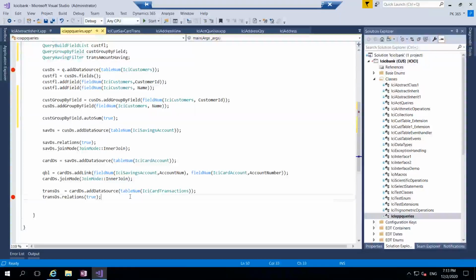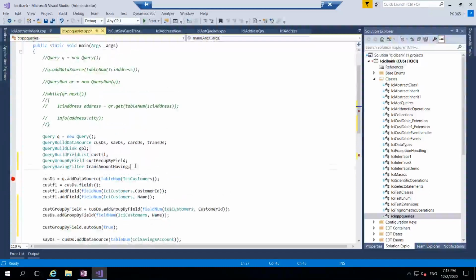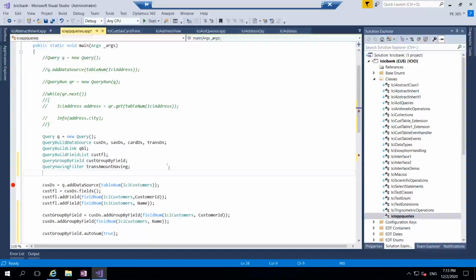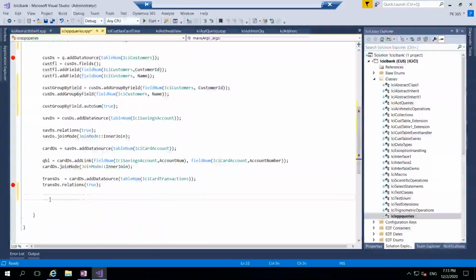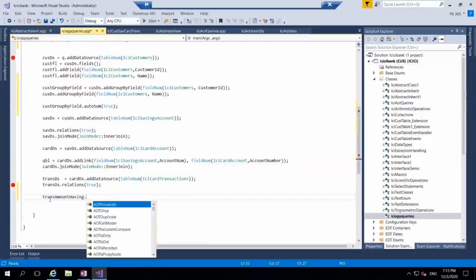The next step is having filter. Is that right? The next step is having filter. How to apply the having filter? To apply the having filter as well, you can take something called query having filter, and we have trans amount having. Use this trans amount having dot add. Oh no, I'm not getting it. What is the